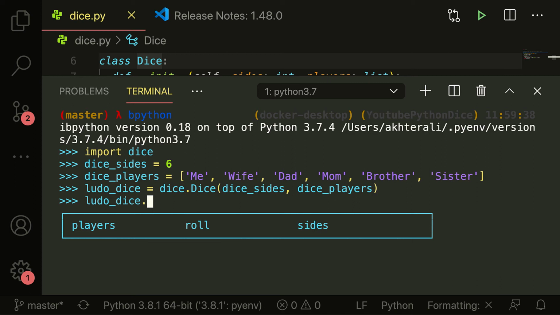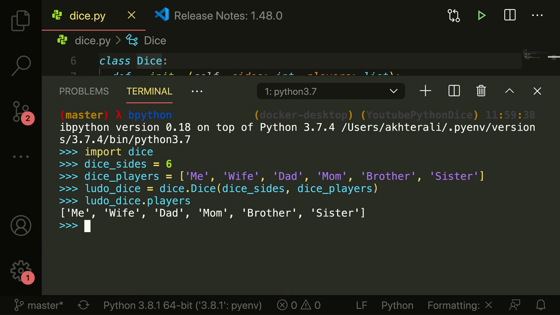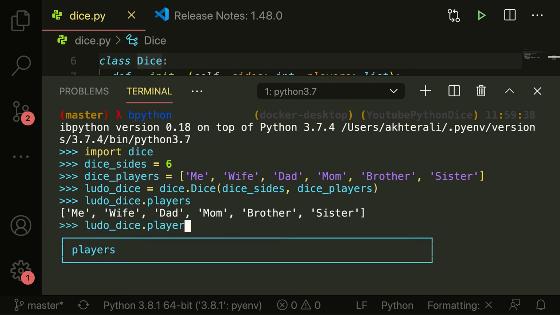Now, the reason why players shows up here is because we actually assigned the dice players, and we also assigned the sides. If we were to say players is whatever we assigned the list in players, then that's what it returns. So basically it returns a parameter that we passed it. However, if you looked, there's also roll. This is the method. It appears in BPython for whatever reason. It appears as a method that you can call, and technically it is a method that you can call if you want to find out what's been passed into the